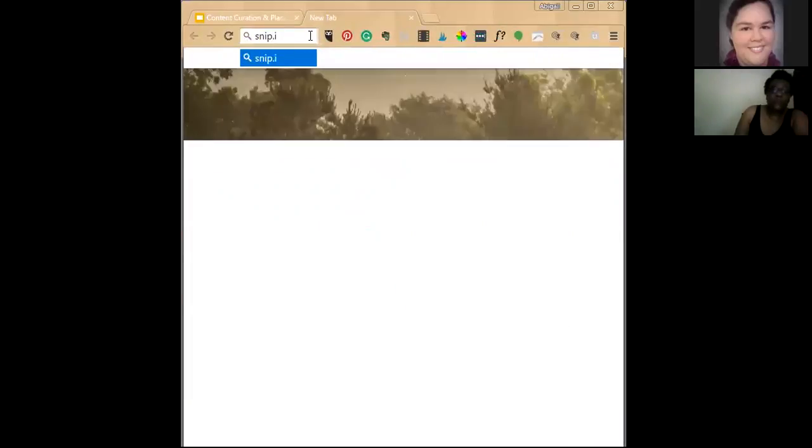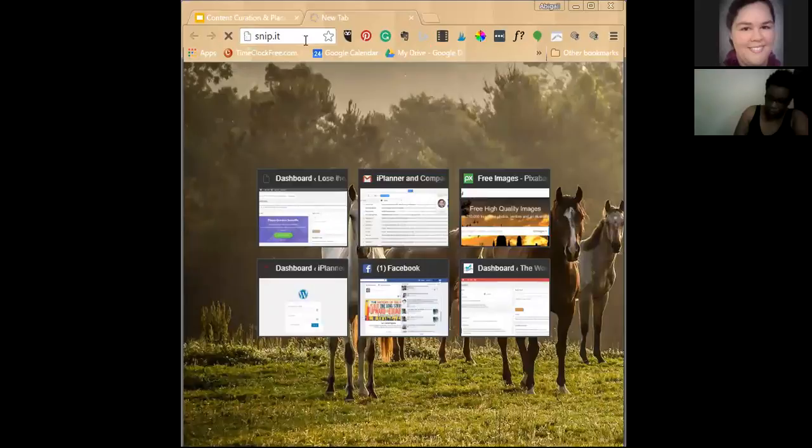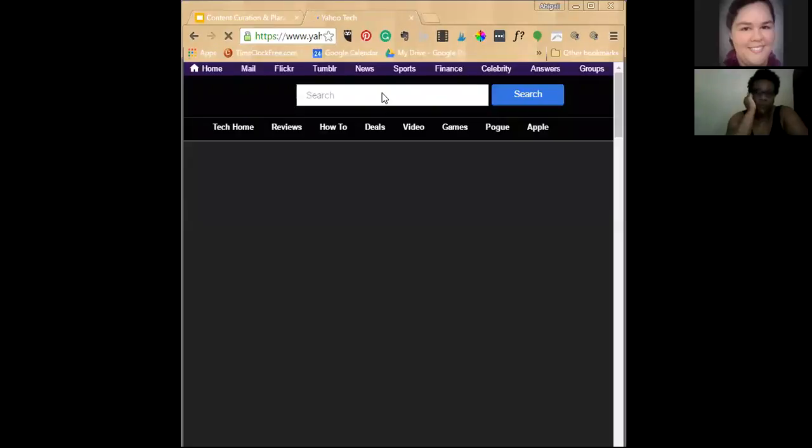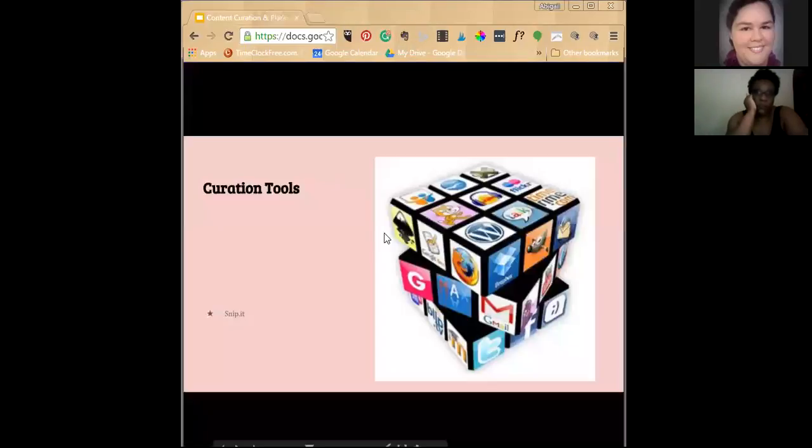Snip.it. Now this is one that I have not used, so this is new to me. And it's going to give me a search. There is another one called Scoop.it as well. For some reason, that other one was bringing up a